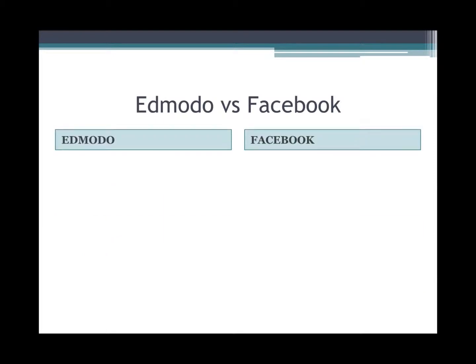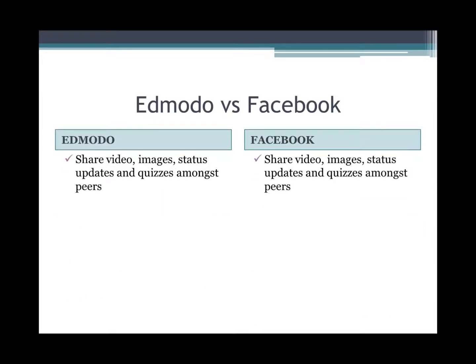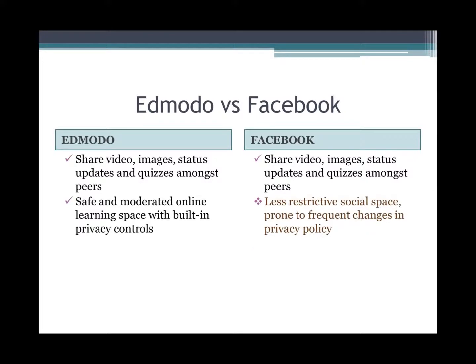Just quickly, we're going to talk about the differences between Edmodo and Facebook to see why you would choose Edmodo and not just connect with your students over Facebook anyway. Of course, they both do the same thing in that they share videos, images, status updates, and you can quiz amongst your peers. However, Edmodo is a safe and moderated online learning space with built-in privacy controls, whereas Facebook is